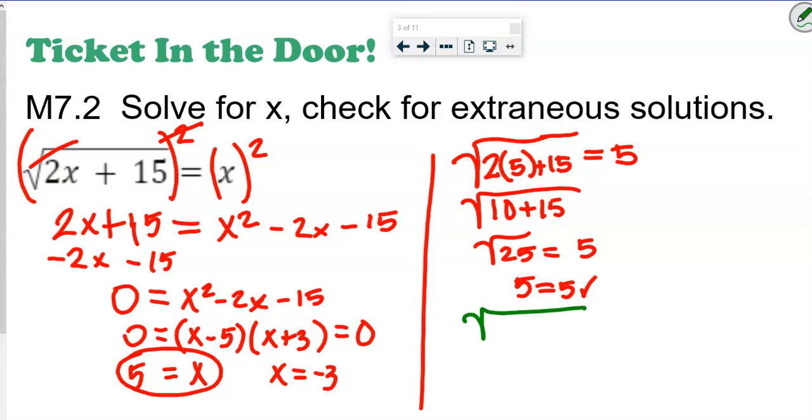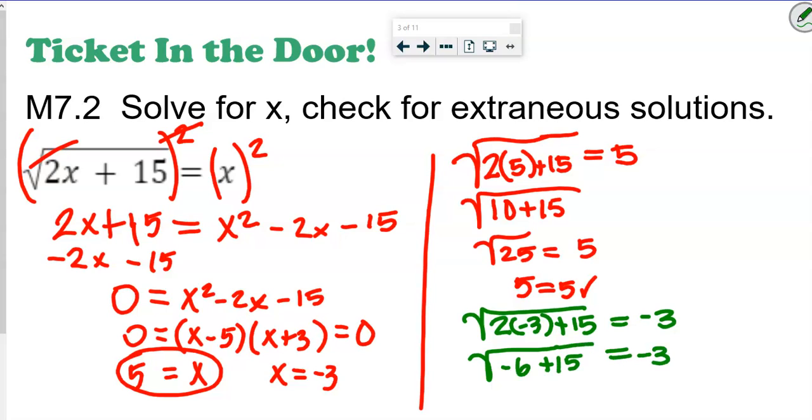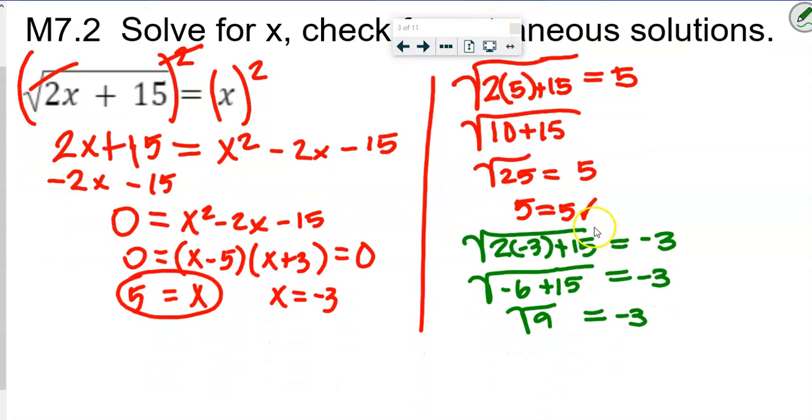So on this one, we're going to do 2 times negative 3 plus 15. And that equals what? Negative 3, right? Okay. So this is going to be negative 6 plus 15 equals negative 3. So this is going to be the square root of 9. Does that equal negative 3? Nope, it does not, because the square root of 9 is 3. 3 does not equal negative 3. So this other answer here is extraneous, which means if I was looking for my answers, I would not choose